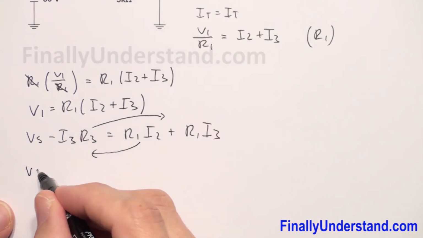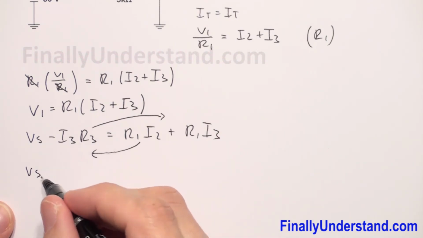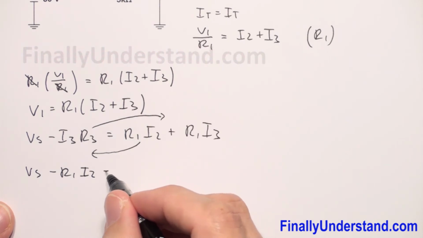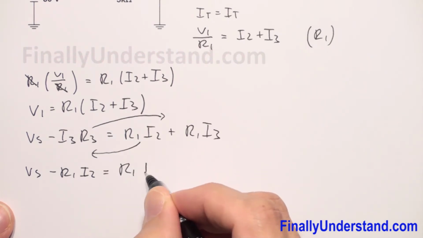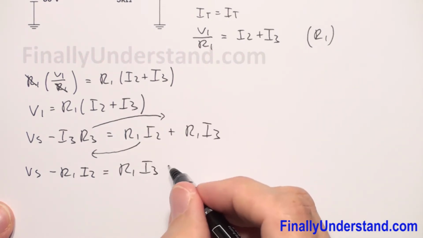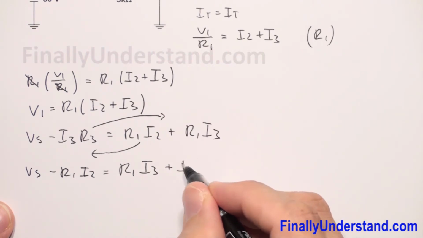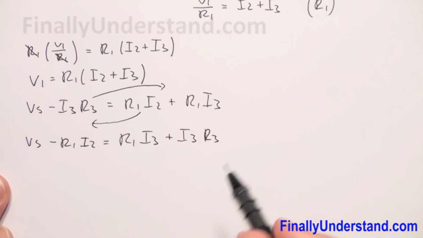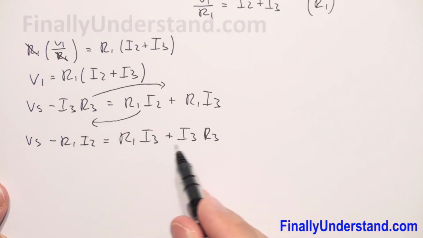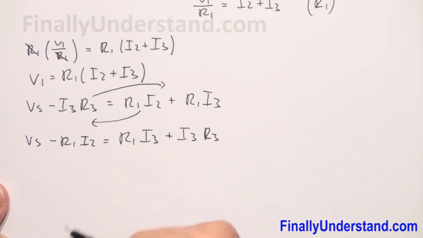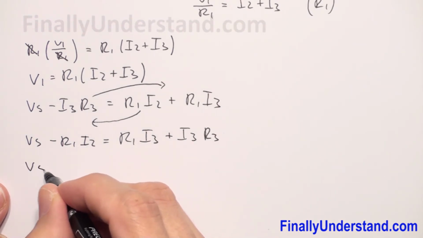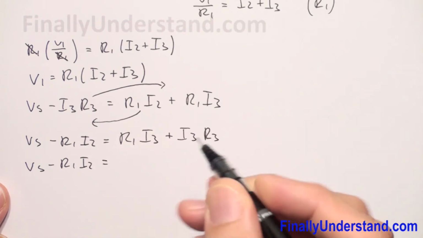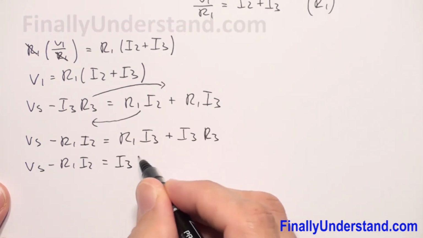So I have voltage source minus R1 I2 is equal to R1 I3 plus I3 R3. Next, I'm supposed to factorize I3 from these two terms. So I have voltage source minus R1 I2 is equal to I3 times